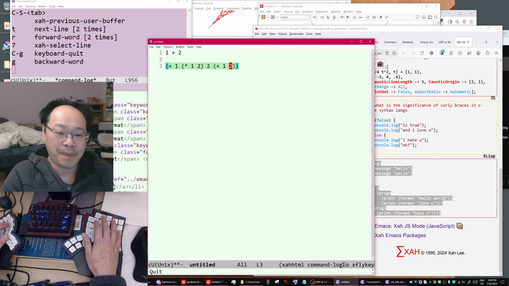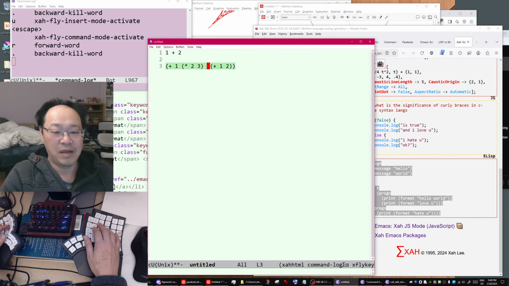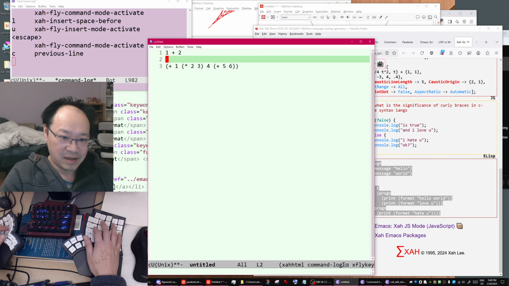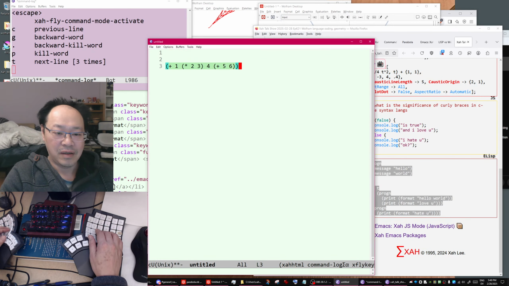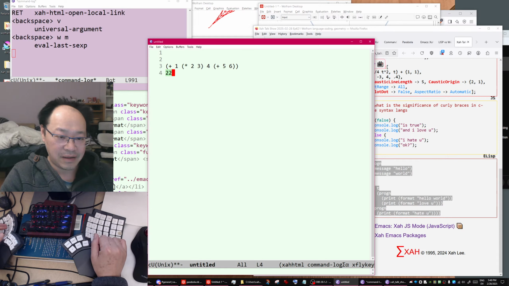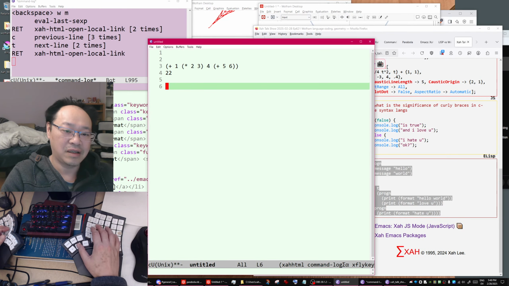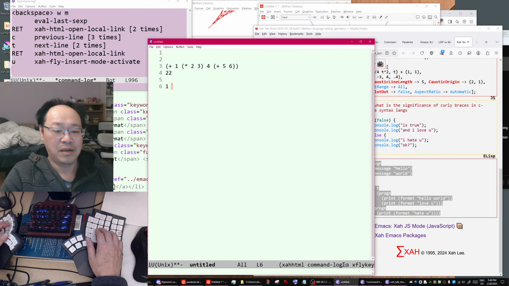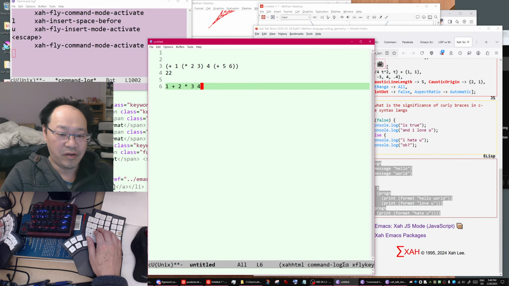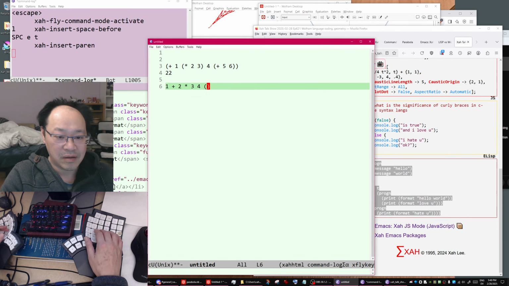Okay, so one, let's change this to 2, 3, 4, 5, 6. Evaluate that, that's 22, okay? Now, if you have infix notation, then that's going to be 1 plus 2 times 3, then 4, then 5 plus 6, okay?